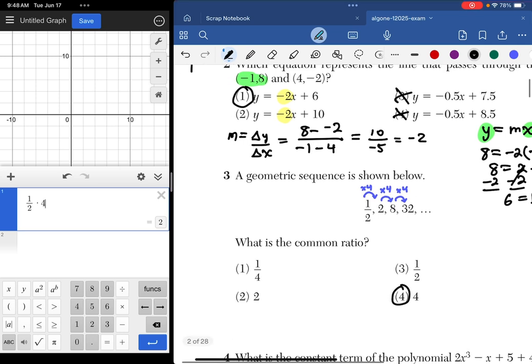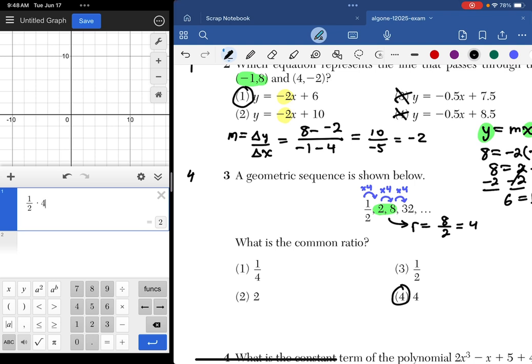All right, the other way to do it, it's not much more complicated, but if you take any two consecutive values and divide the second value by the first value, my common ratio r would be 8 divided by 2, which is equal to 4. And you might ask, what if I chose a different pairing? You're going to get 4 anyway if it's a geometric sequence, right? You just got to be careful.